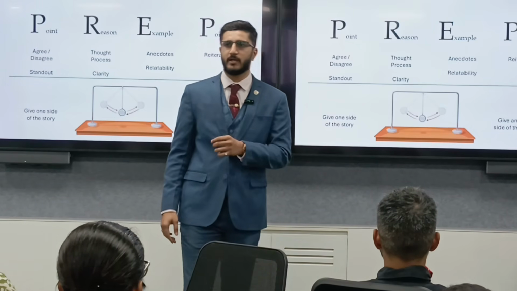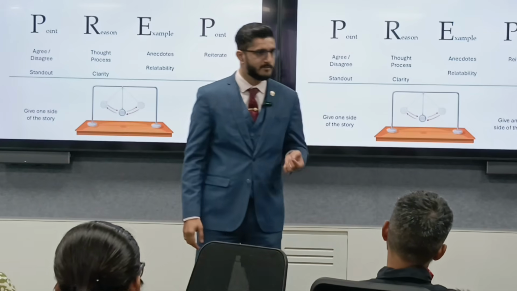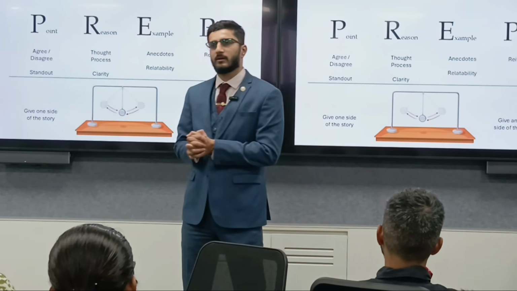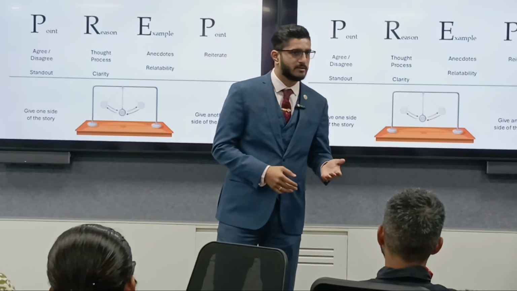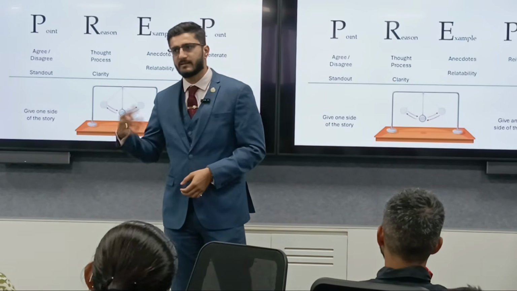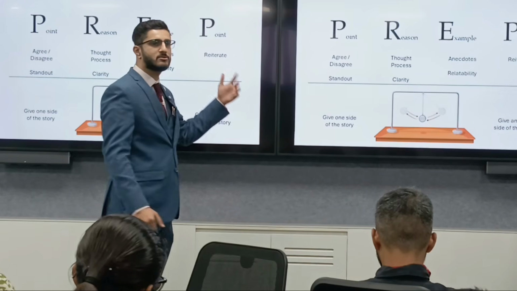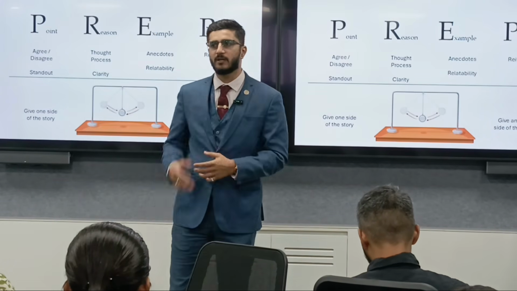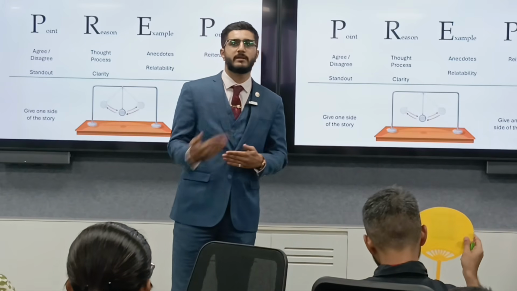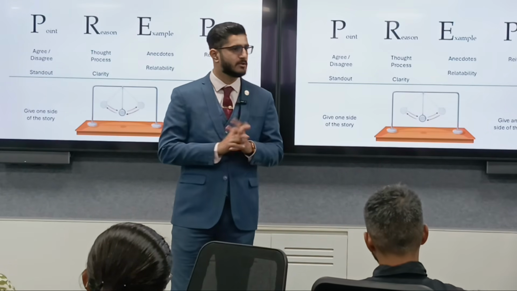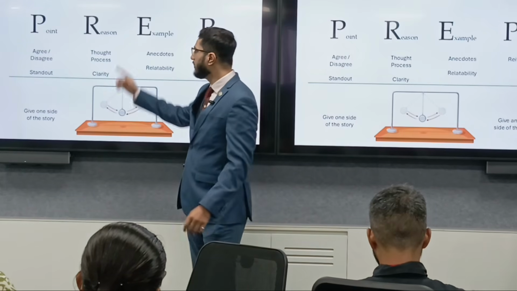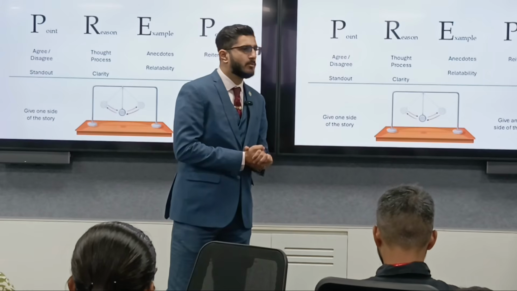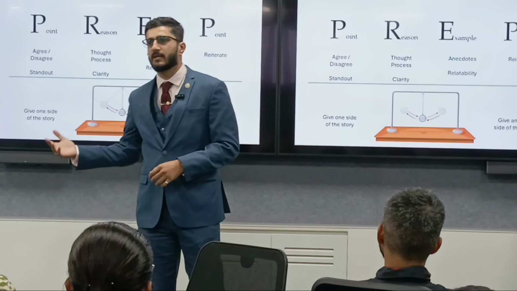In a table topics contest, usually you will get a saying, like a stitch in time saves 9, or a rolling stone gathers no moss, empty vessels make more noise, etc. And for that, these two methods can be very effective. This is just a primary structure that I'm giving you. As you become an experienced speaker, you can change it based on your own thoughts, right? So the first thing, point. A rolling stone gathers no moss, or a stitch in time saves 9.